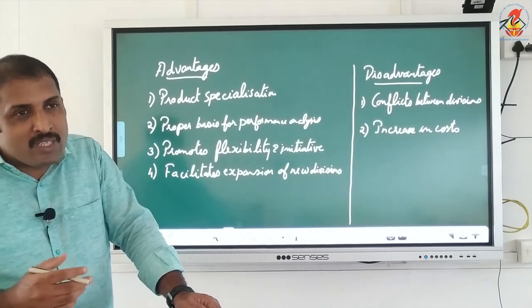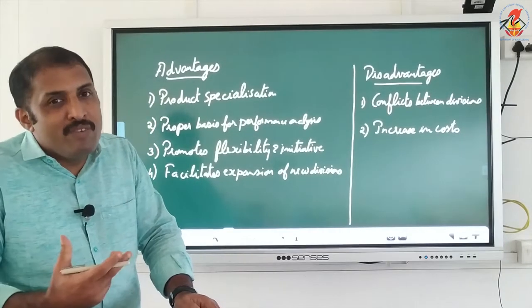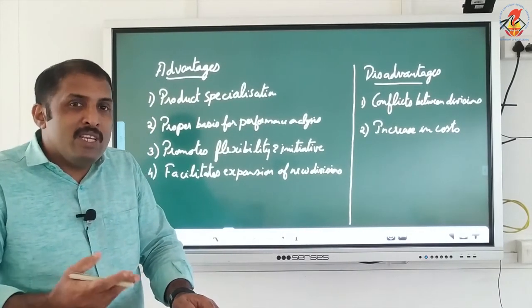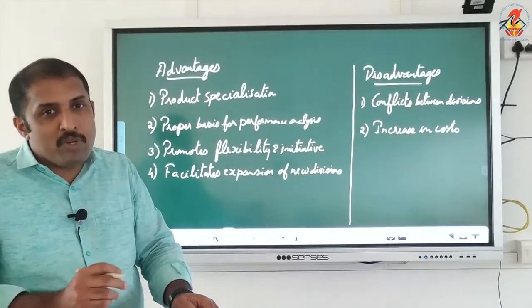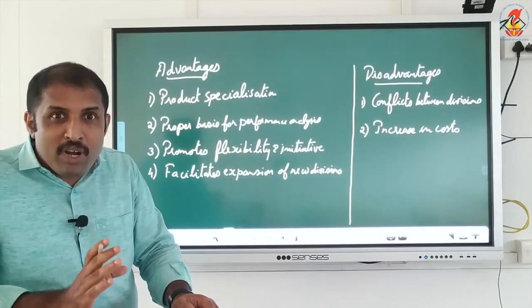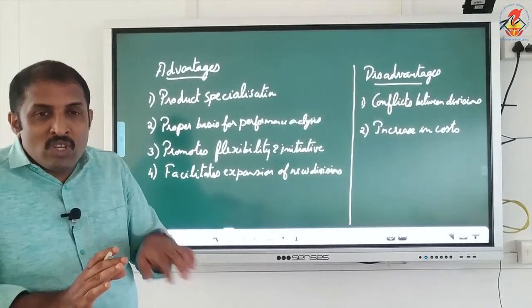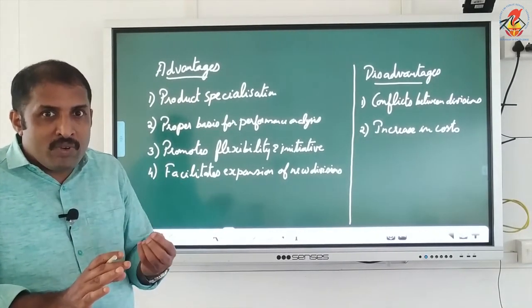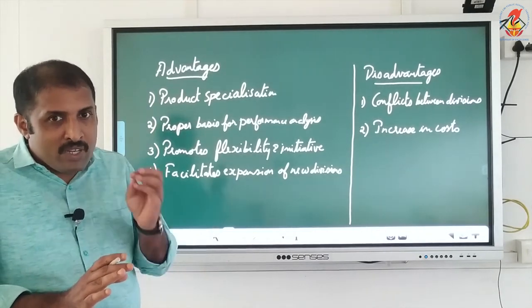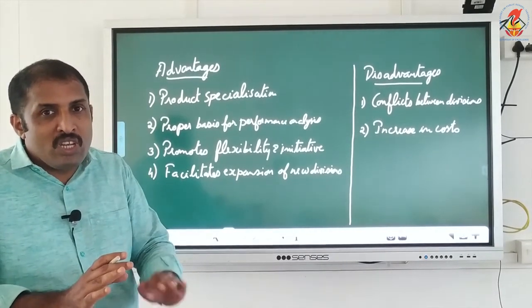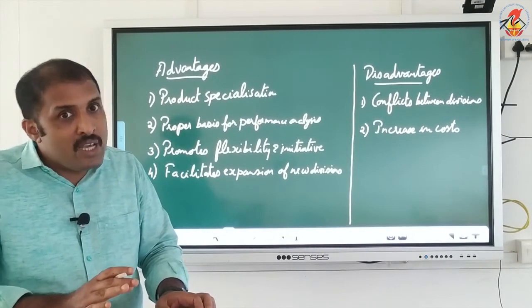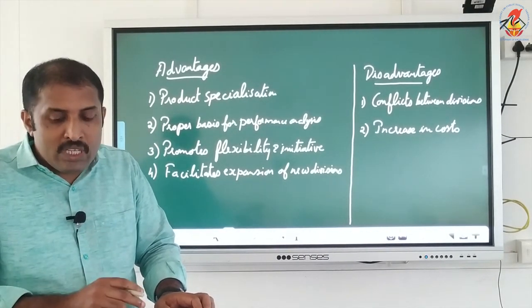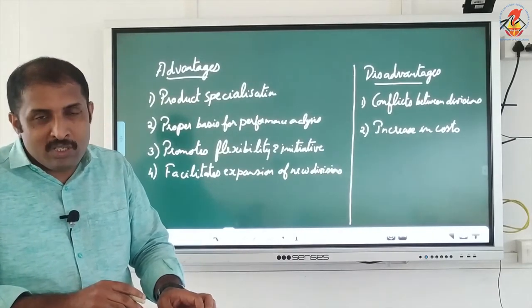A number of products, as it is increasing, number of divisions will increase, and in each division when functions are being performed, we need to have resources, we need to have persons, we need to spend the money for that. So when there is further duplication of work, further duplication of functions in each division, automatically it can increase the expenditure. So it increases the cost.